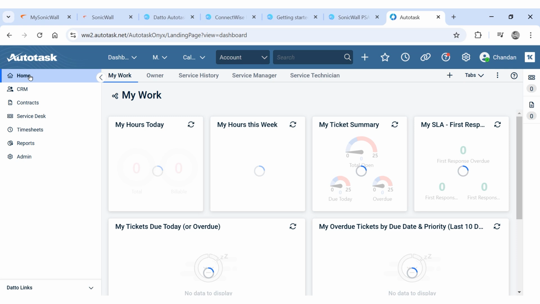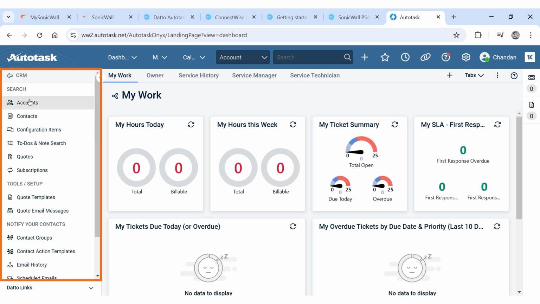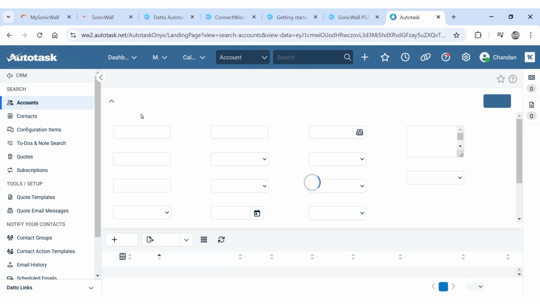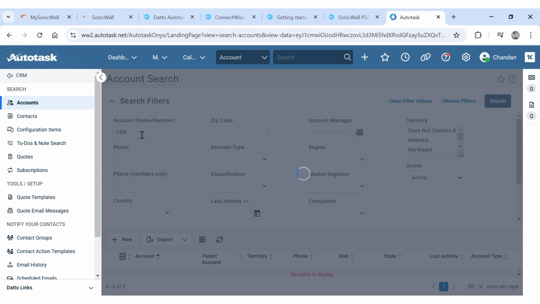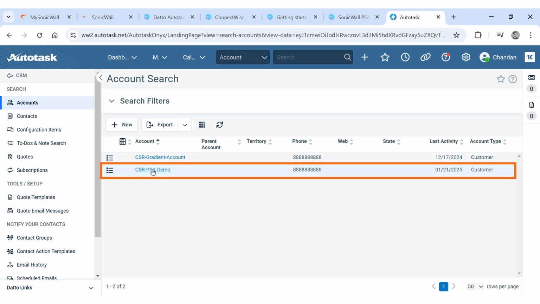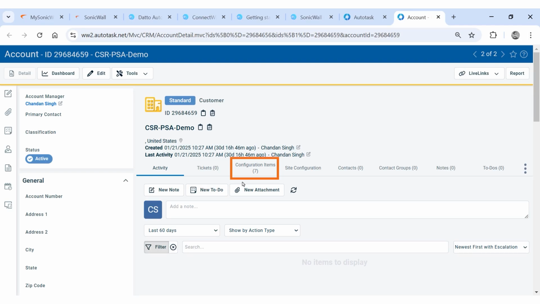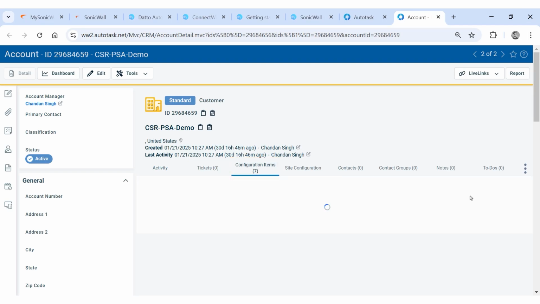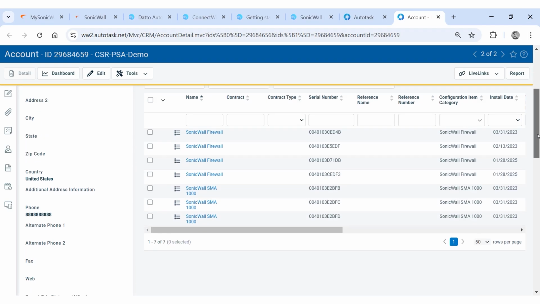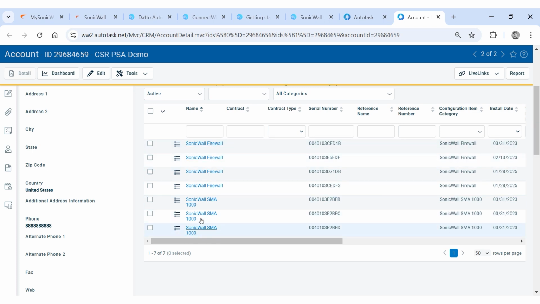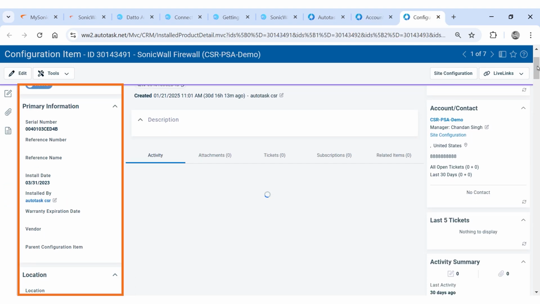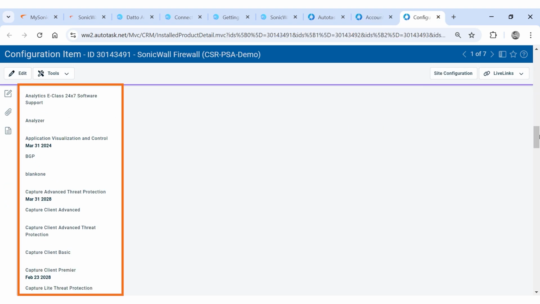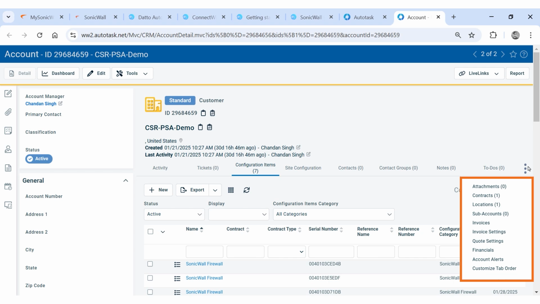You can view the changes the integration made in Autotask by clicking CRM in the left menu and clicking Accounts. Search for the accounts you mapped, then click an account to view its details. Click the Configuration Items tab to see your network devices, along with information like active services and expiration date. You can drill down into a device to see details like subscription licenses. You can validate monthly product billings by clicking Contract,